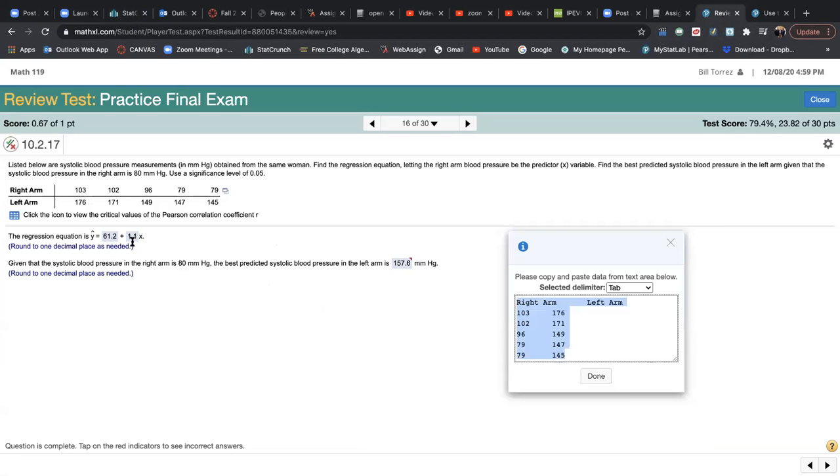The program likes those values. And now, as we did in number 15, we plug the 80 into our equation, and we return a value of 157.6, but